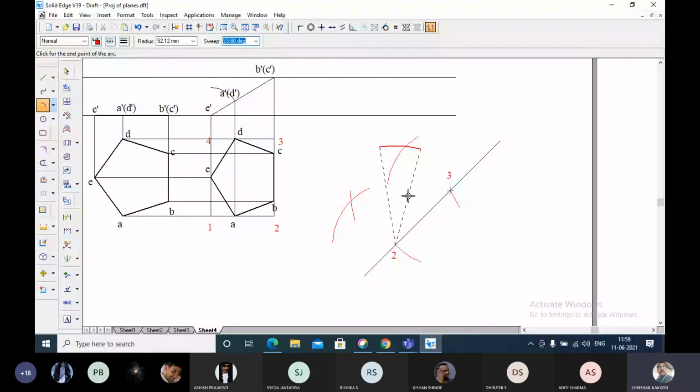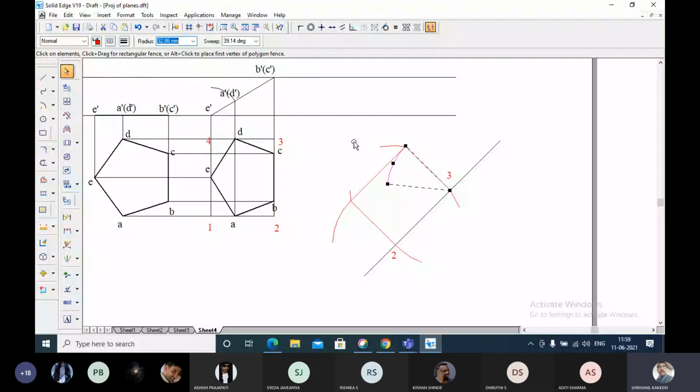So that, okay, I got these corners, you can see that, or I'll just remove this portion. Then draw a line from this end to this end, and this end, and this end. I got this, okay. All these will be thin lines only. So this is how I have constructed it.